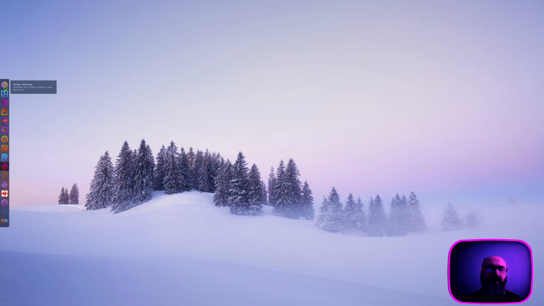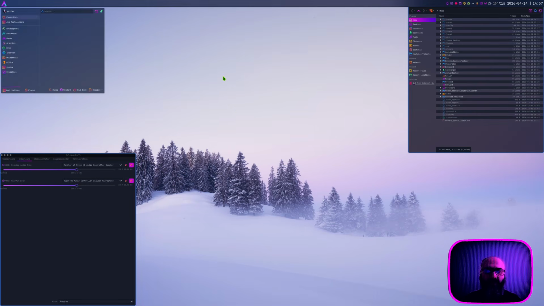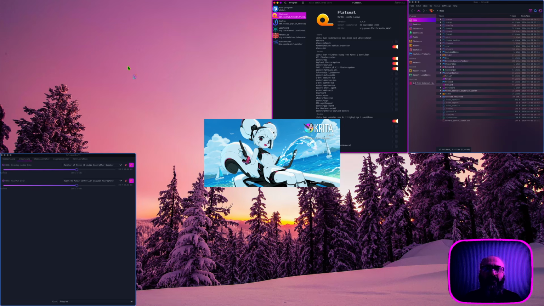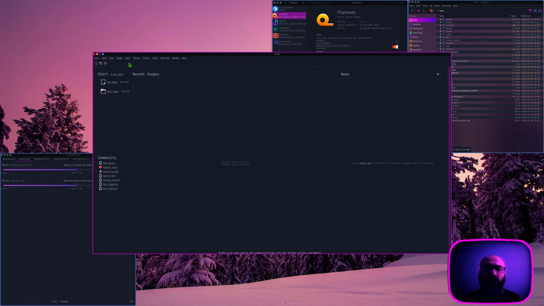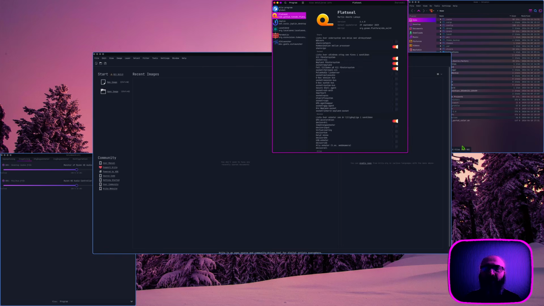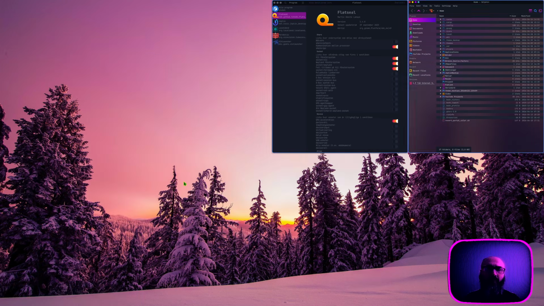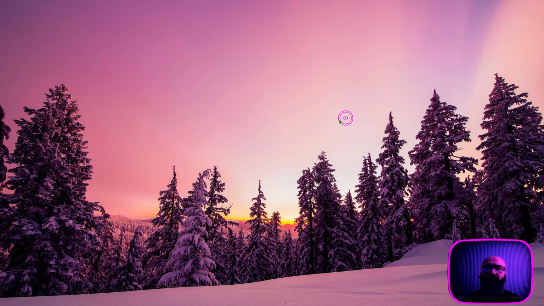So let's check out a few apps. Let's just open this one, this one. Let's just open Flatseal, for example. And maybe, I don't know, Krita. And let's see how it will perform. Basically, as you can see, Krita is fine, Flatseal is fine, Dolphin is fine, and this is fine too. So yeah, no problem whatsoever so far. Anyway,